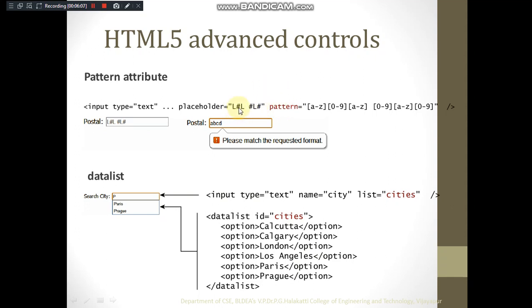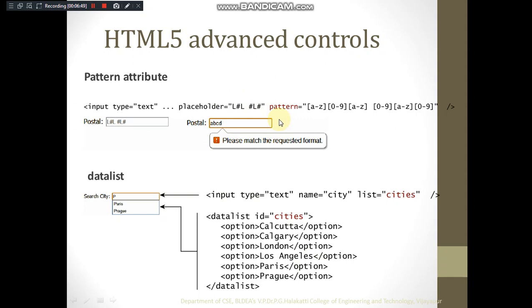Pattern you can observe. First is letter, no, so it can be anything between A to Z. Okay, hash is as I said is a number 0 to 9, then again letter is the A to Z, space is needed, space is typed here in the pattern, again digit, letter and digit, then here close the double quote. So this is matching for this particular pattern. If you enter anything other than this pattern, that will be not accepted. You can just observe here, if you are specifying this for this particular text box and the user enters say ABCD, which is not matching, because the second one should be a number kind of data, so it is not matching. This way you can raise the errors automatically.